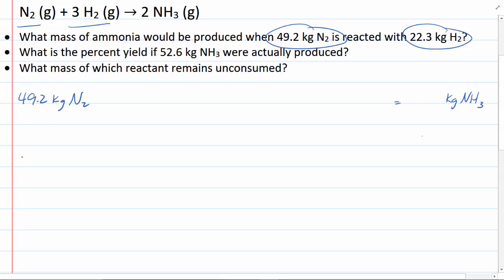But we're also going to set up a second problem, starting with the 22.3 kilograms of H2, looking for kilograms of NH3. And what we'll do is we'll wind up calculating two different answers, but we wind up selecting the smallest of the two answers because the limiting reactant will determine the amount of product that winds up being produced. So in the first one here, we have kilograms of N2. We take that